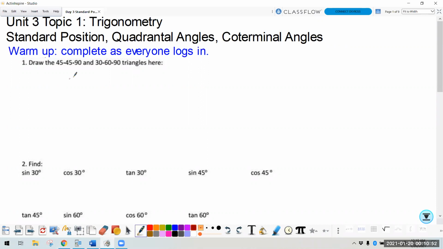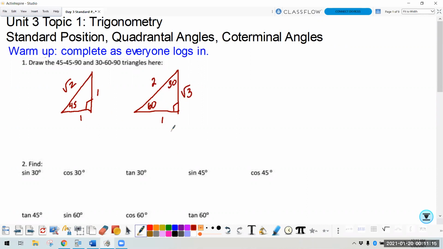Okay, so for number one, I hope you looked back at your notes from the first day. To draw the 45-45 triangle, we've got a 1, 1, root 2 sides. And for 30, 60, 90, across from the 30 is 1, across from the 90 is 2, and across from the 60 is root 3. For these ratios,